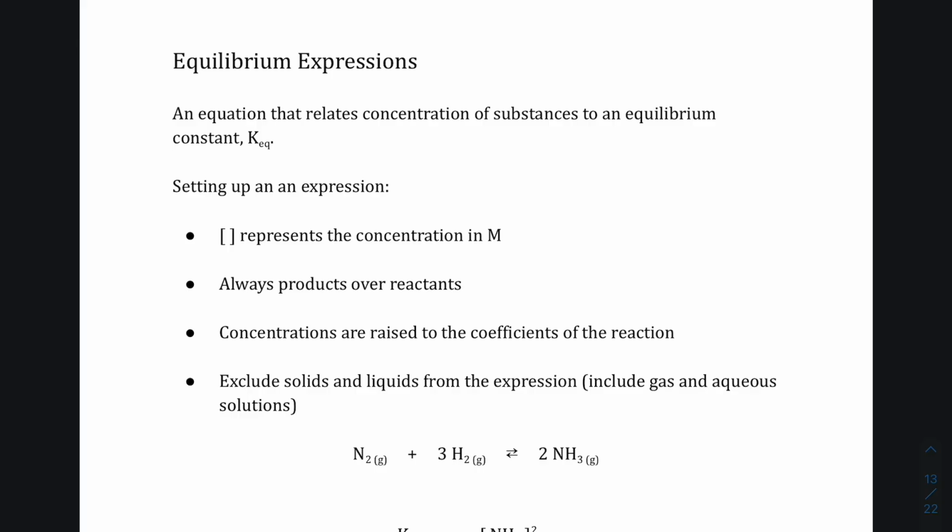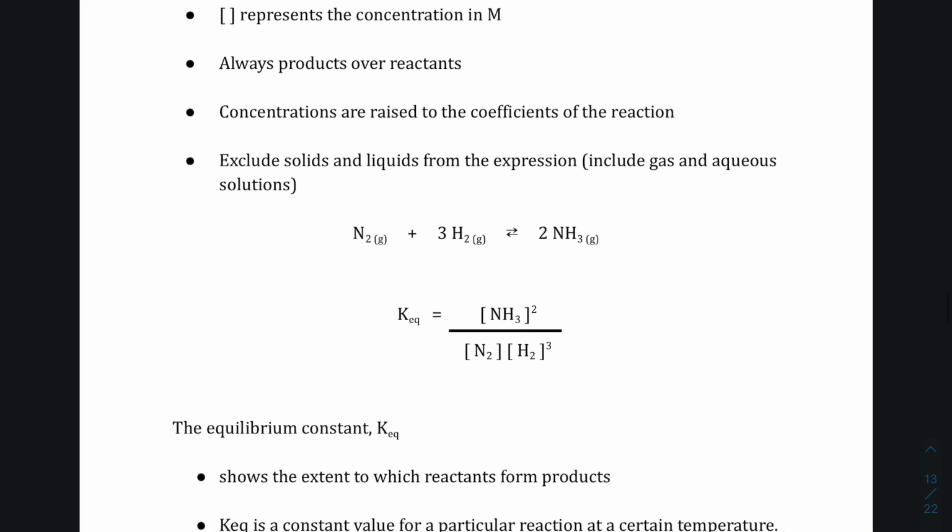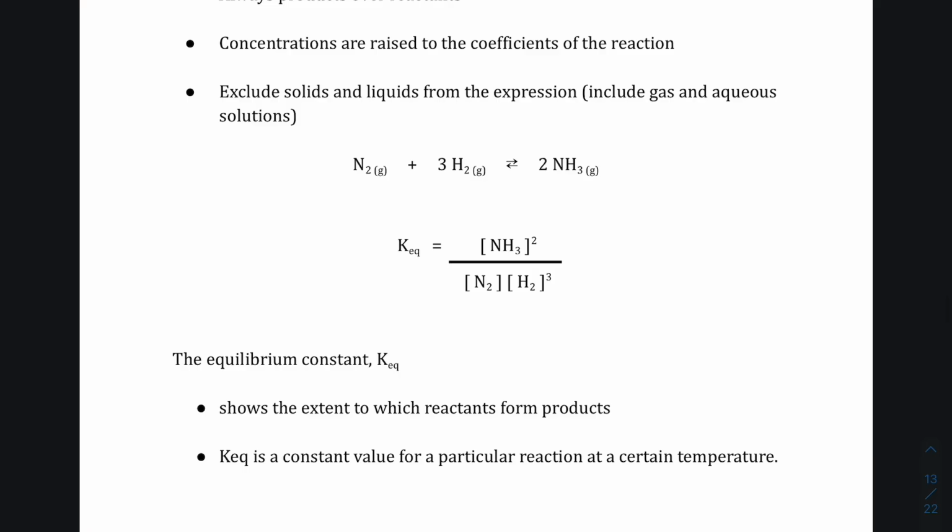Next, you can set up equilibrium expressions. These you are allowed to use your molar coefficients. These are products over reactants, and you raise your exponents to the molar coefficient. So the NH3 squared comes from the 2 in front of NH3. The 3 comes from the 3 in front of hydrogen. K is also equal to